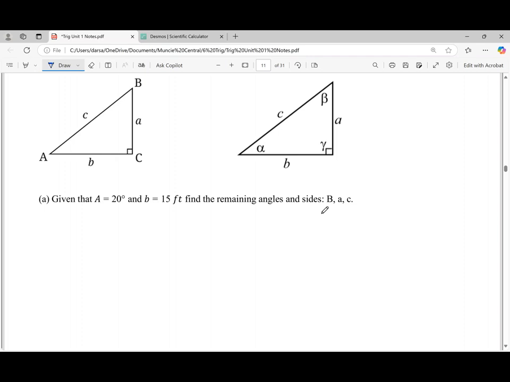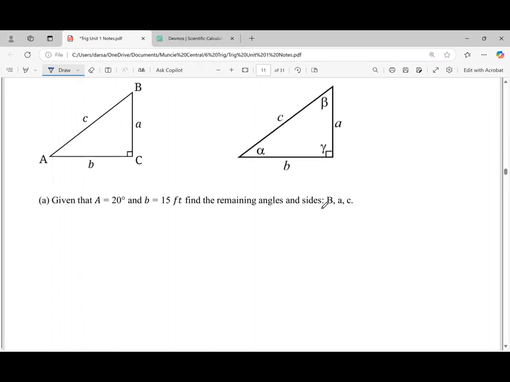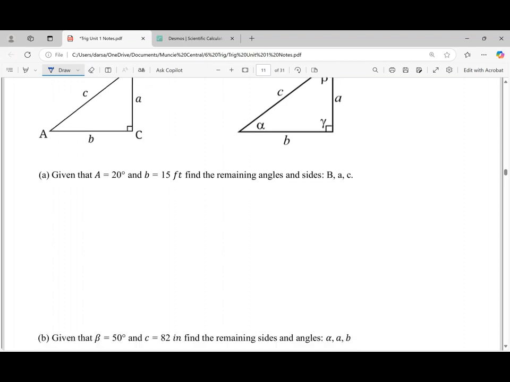In this problem, we are given an angle and a side of a right triangle, and we are asked to find the remaining angle and the two missing sides. This is often referred to as solving a triangle. For this problem, we are given that it is a right triangle and that it is in standard ABC form. Remember, standard ABC form means our angles are capital letters and our sides are the lowercase letters opposite of those